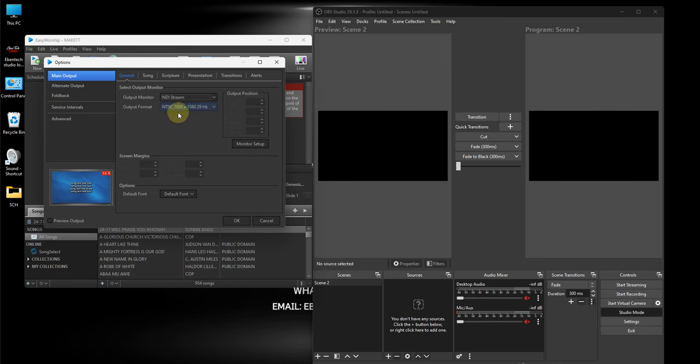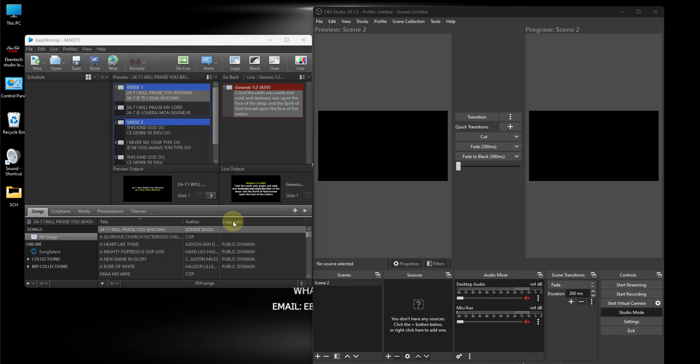So we leave the output format to this. If yours is in this one, you can click on the drop down box and then select this particular format. And then when you are done, you click on OK. So when you are done with this one, the next thing you need to do is that you would have to come to